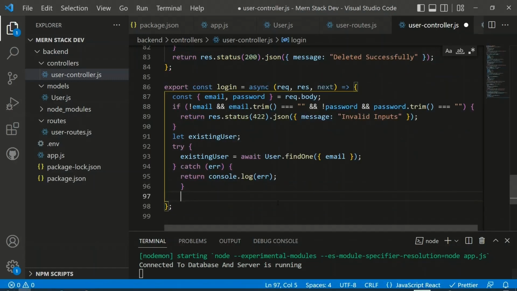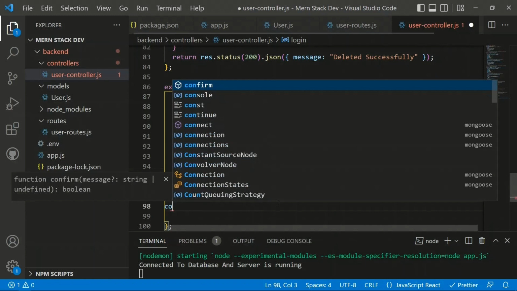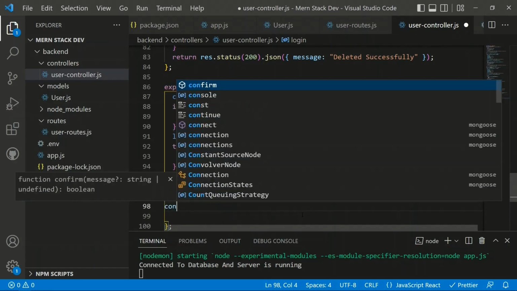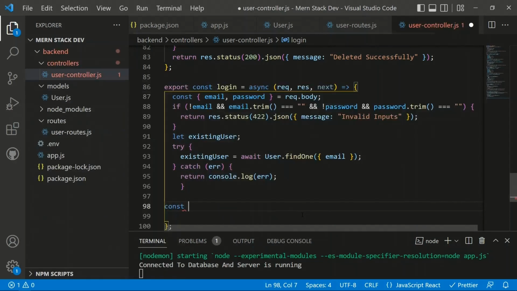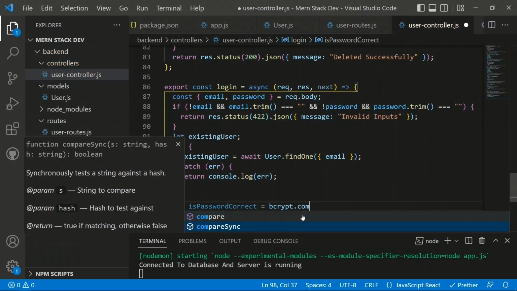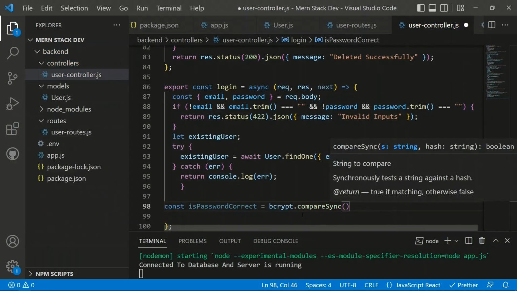And after getting that user, now we need to compare their passwords. So here again with the bcrypt.js, we have a compare method with which we can compare that password, and it returns a boolean. So we can have a const, we can just have here anything like is password correct. So it returns a boolean. So we can have the bcrypt dot compare sync. So again we will use a synchronous way. So we have the compare sync, and with that the first parameter is